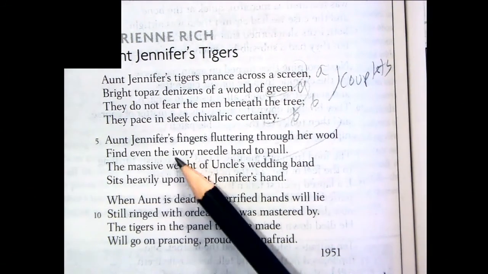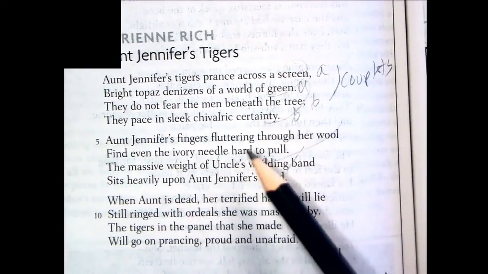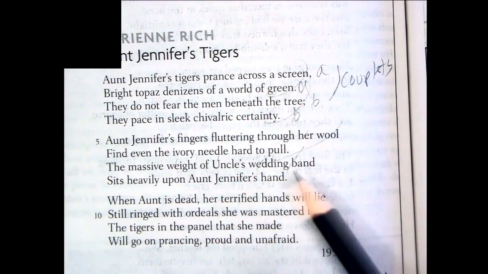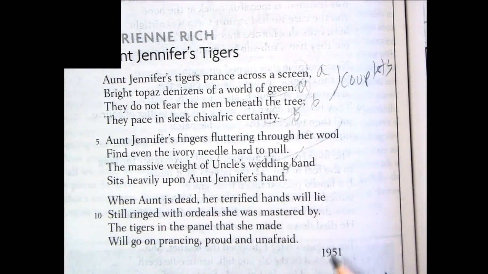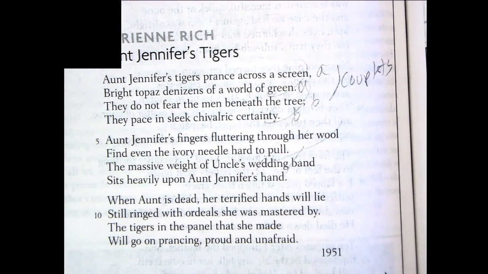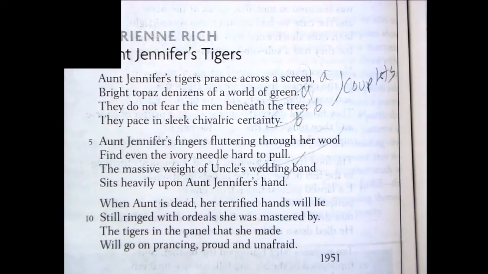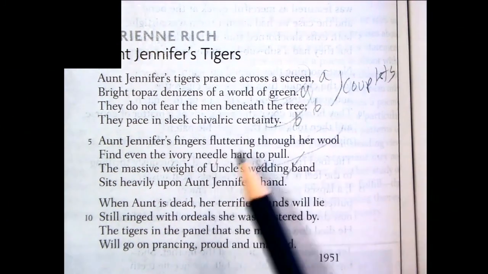The massive weight of Uncle's wedding band, right? You hear these alternating stressed and unstressed syllables that we associate with iambic meter. So it's a very well-made little word machine, right? Which is a good way of describing cooked poetry, as Lowell defined it, right? It's beautiful, and yet it's also disturbing, because Rich sets up the contrast between the tigers who are fierce, who